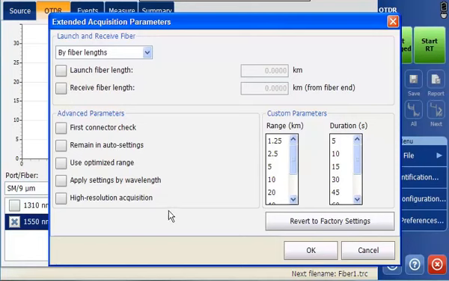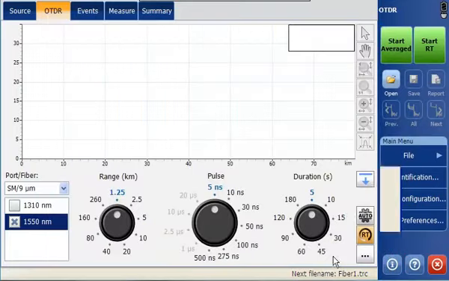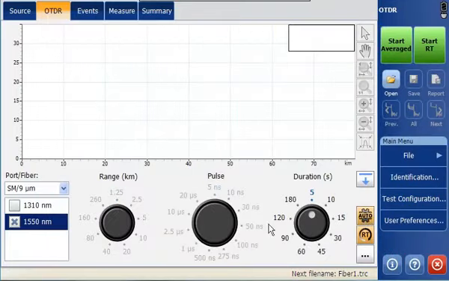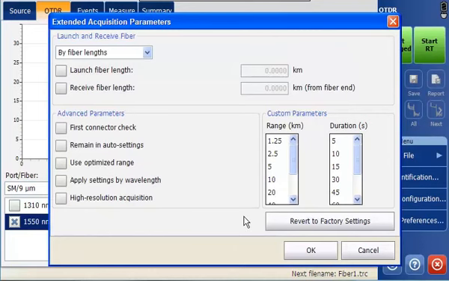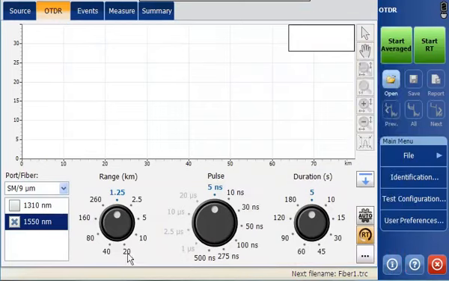And then down here in the advanced parameters, this allows us to tweak some of the settings, whether or not we want to do a first connector check, whether or not we want to stay in full auto mode. So if I select this and go back here to this main screen, when I hit auto, this will remain in full auto mode during every acquisition. So this locks in full auto. I'm going to unselect that and uncheck this because I don't want to do that today. This one right below it is using optimized range. If you have this selected while using auto mode, it'll automatically insert an optimized range based on the test